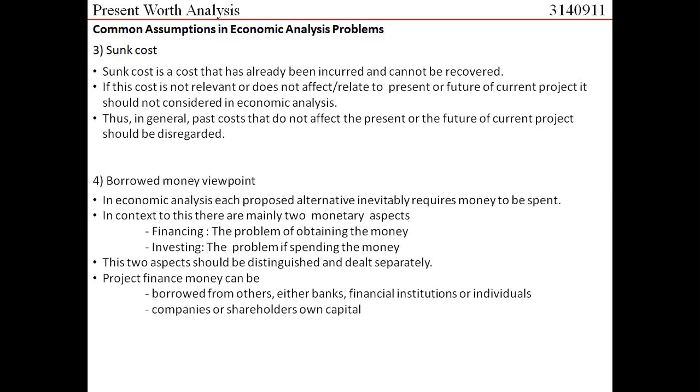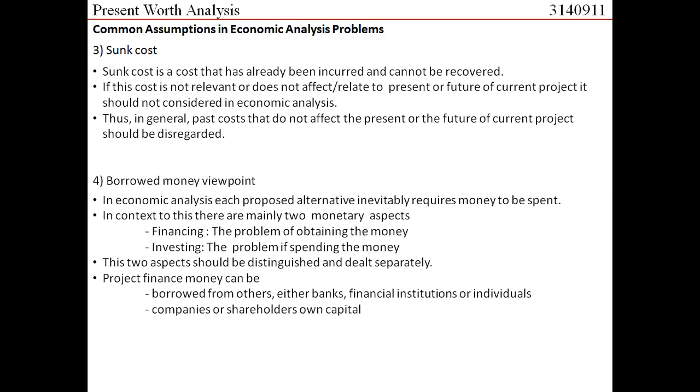This others may include banks or any financial institutions or any individual. That is, I would get the money by borrowing the money from some agency. And the second part is that I would invest my own capital in the project. When I say that I invest my own capital for the project, I mean that the company might have some reserve fund which it may invest, or something that we call equity fund. The company might have a number of shareholders whose money would be invested in the project rather than borrowing it from